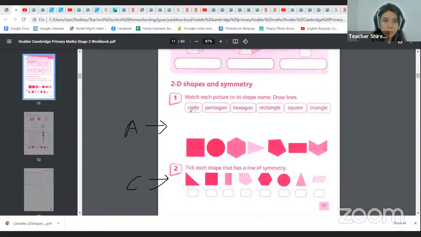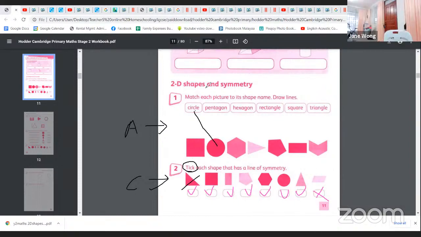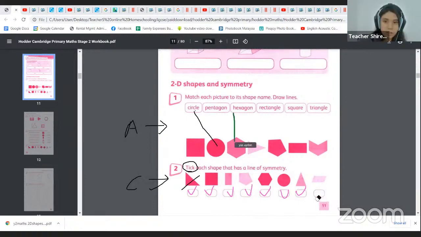Okay, Aiden, can you draw on the screen, like match the picture to its name? Circle to circle. Aiden, do question number 1 on the screen, and Charmaine, do question number 2 on the screen. Pick the shape that has line of symmetry, like you can cut means tick. I think I showed you this before. Okay. Since they mentioned only tick, so the correct one you tick, non-correct one you do not write